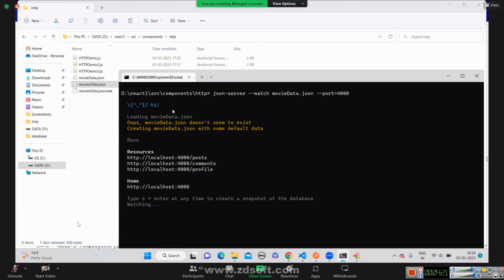Movie data.json doesn't seem to exist. Oh, okay, I forgot this. How can I exit? Control C to exit. Okay.